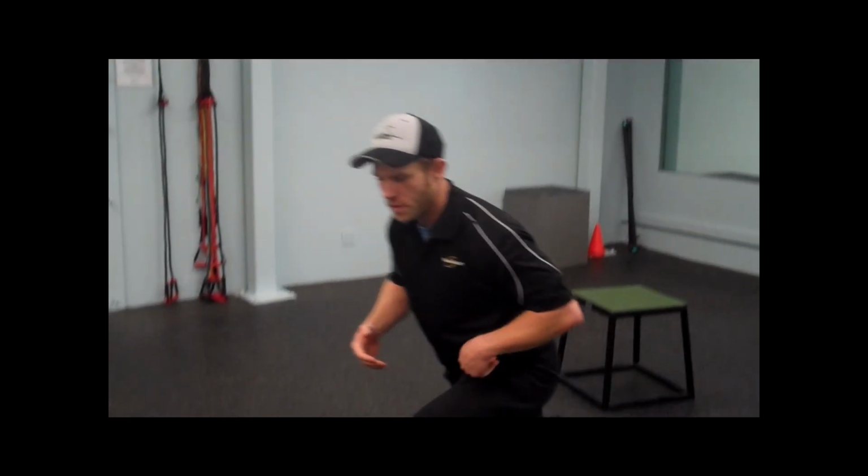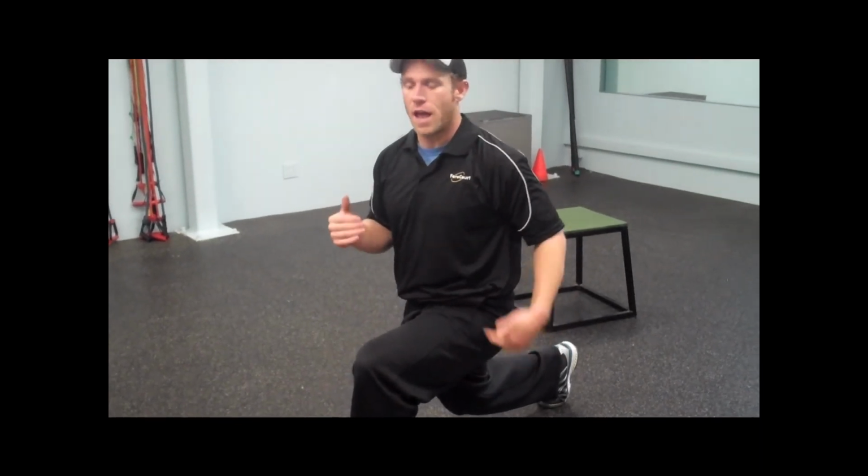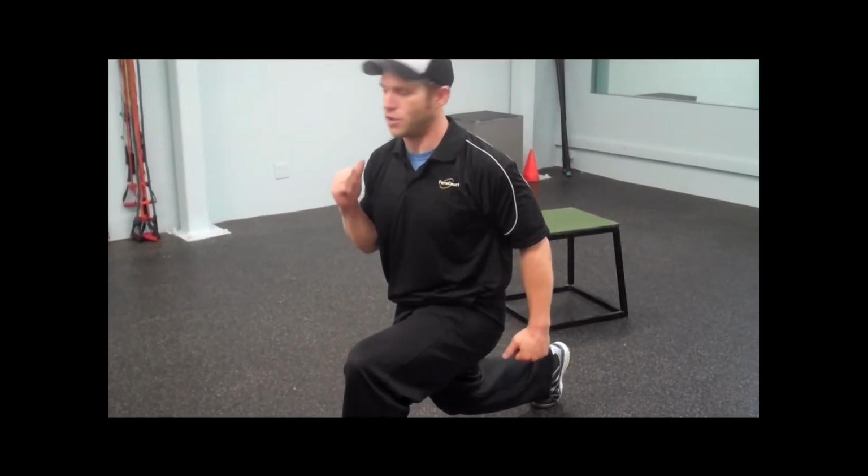Paratroopers. Kind of going back to the prisoner lunge holds, where we took a knee and we came to 2 inches. Here we're going to use our arms and we're going to stay low, switching in the air. So you're here,